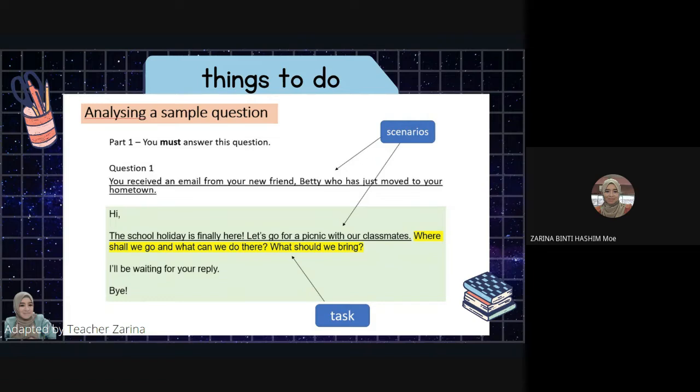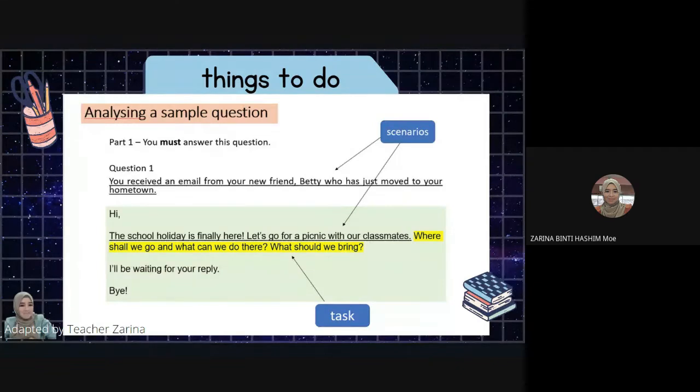Please read the question very carefully. Why? Because if you do not answer the questions, or you miss out a few important points, your content marks will be deducted, or you will not get full marks for your content, which is 5. If you can follow whatever is required for you to write, you can easily get 5. But if you miss out a few points, then you will not get 5 marks. So let's take a look at what the requirements for this part are.